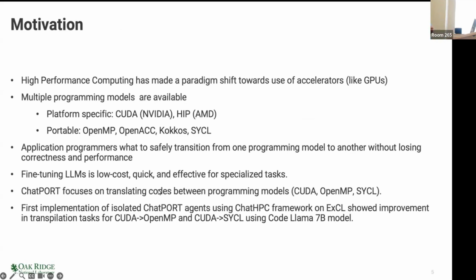So our motivation for ChatPORT was that we have seen the evolution of different programming models. We have CUDA, HIP, which are very platform specific. Then now we have our portable models, OpenMP, OpenACC, Kokkos, SYCL, what have you. And although people want the best performance, they are also looking at performance portability. So they always want to have something, they will have one branch in OpenMP, they will have one branch in CUDA. But what is happening is